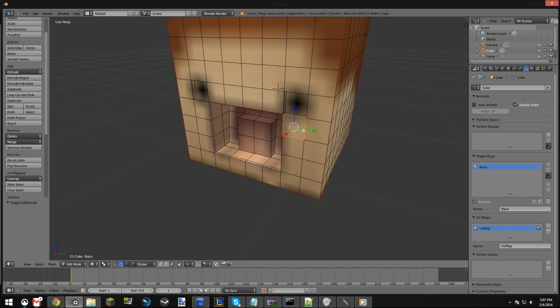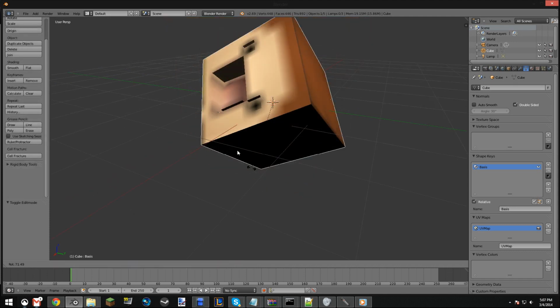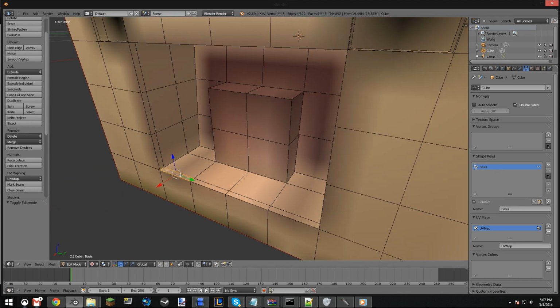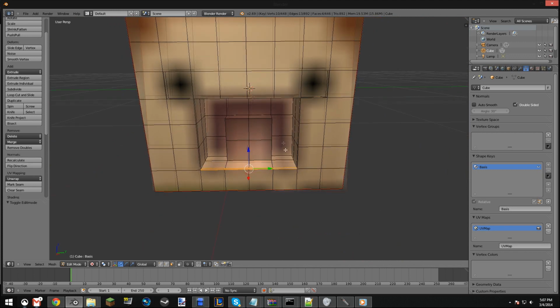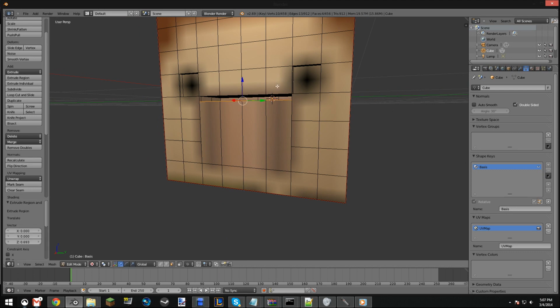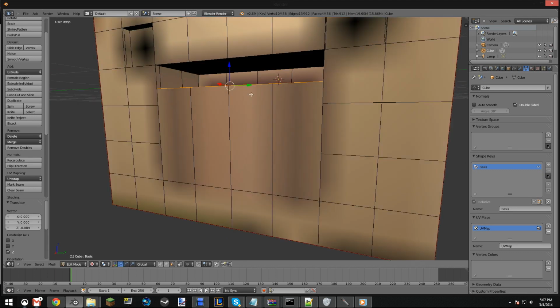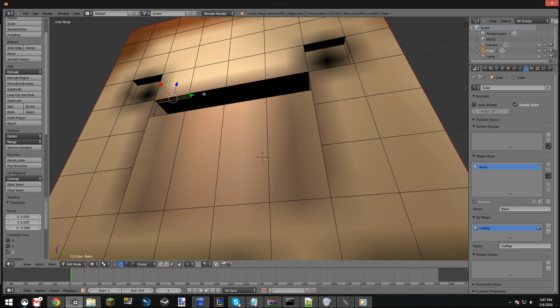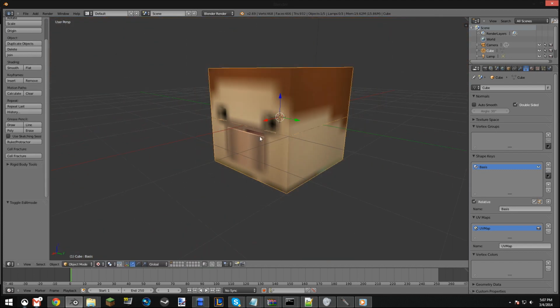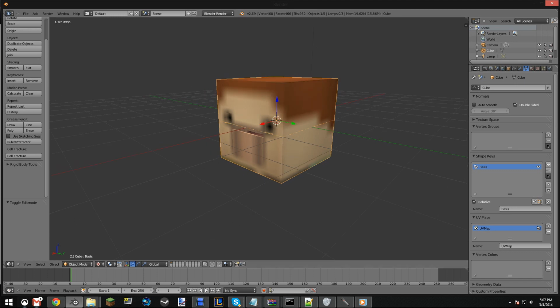So for my basis key, whenever you want to edit a shape key, just make sure you have the shape key selected first, and then let's say I want my mouth closed. That's what you're going to want. So I'm going to extrude this. I'm going to select the bottom and extrude it, and I think right about there. Maybe extrude the top lip a bit. Okay, that's good. So that's my basis key. This is what my character is going to look like when he's unoccupied by any other